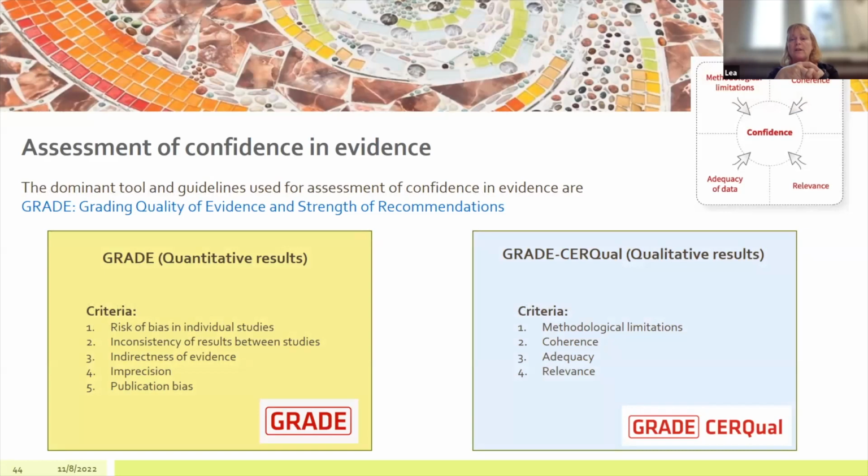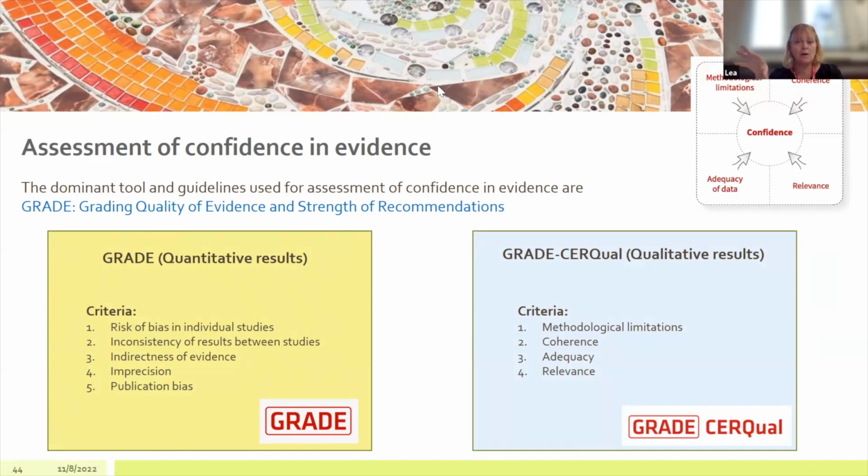The dominant tool and guidelines on confidence assessment are grading quality of evidence and strength of recommendations. So GRADE on the left is what's used quantitatively, and I would say people are more familiar with these constructs. So I'm not going to go into these ideas of precision, publication bias, risk of bias. What I want to flag, which many people are not familiar with, is that there's a qualitative version of this